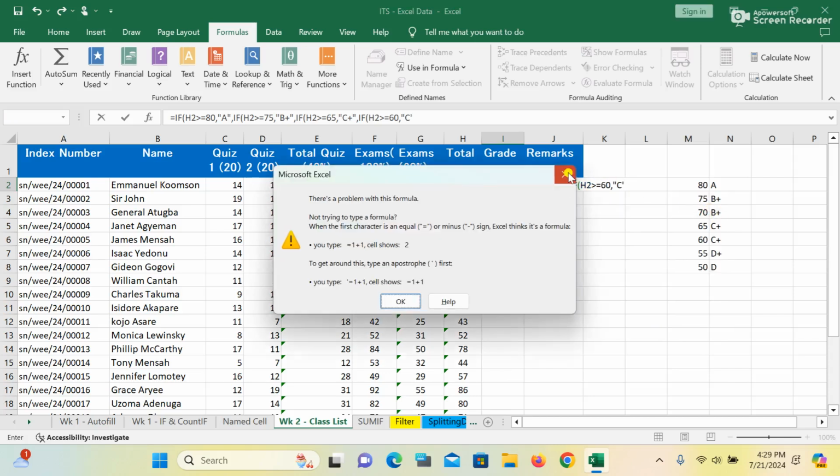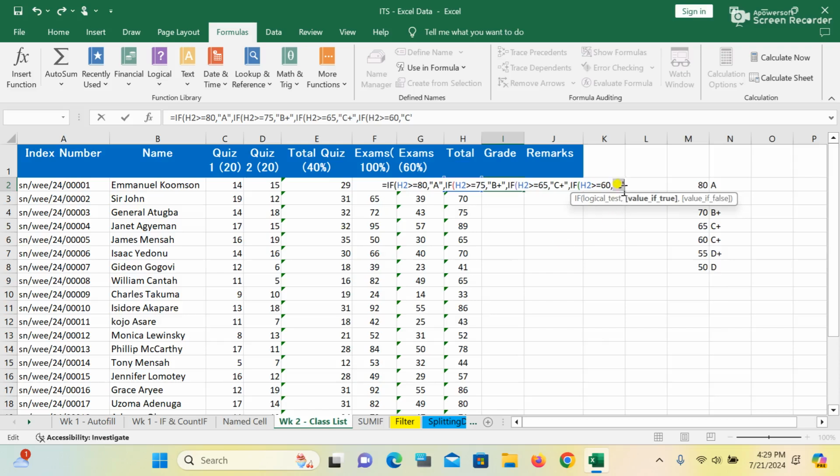Sorry, I made a mistake, as I press something I shouldn't press. Okay. So let me go back and continue. I want Excel to give me C. So that is in double quotation. After that argument, I go for my comma. If, I open a bracket again. Don't forget this consistency. If